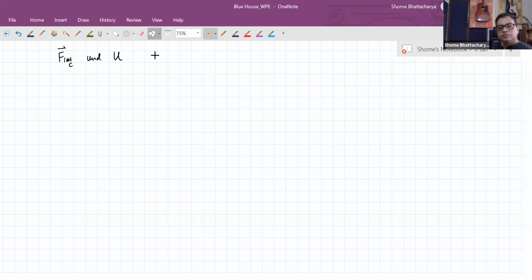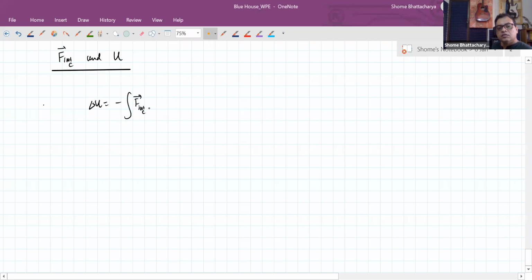Now our definition becomes that since delta U is negative of work done by internal conservative force, the inverse of this relationship becomes that force is the negative gradient of potential energy. This function itself implies that